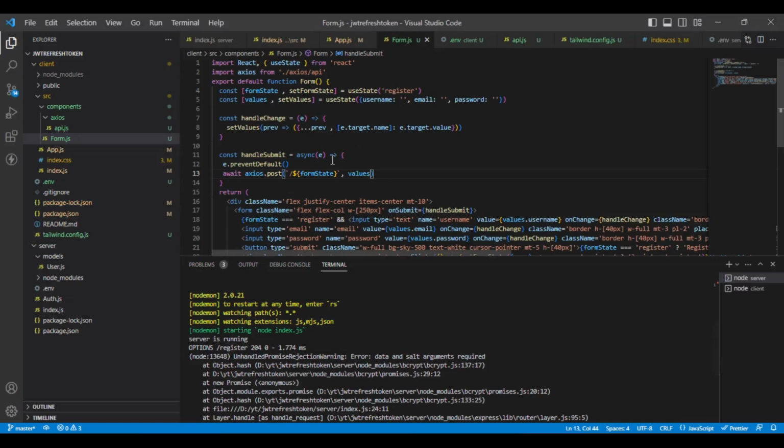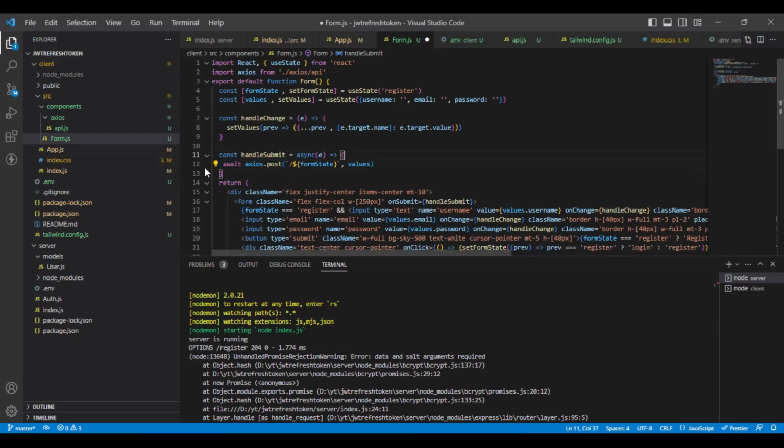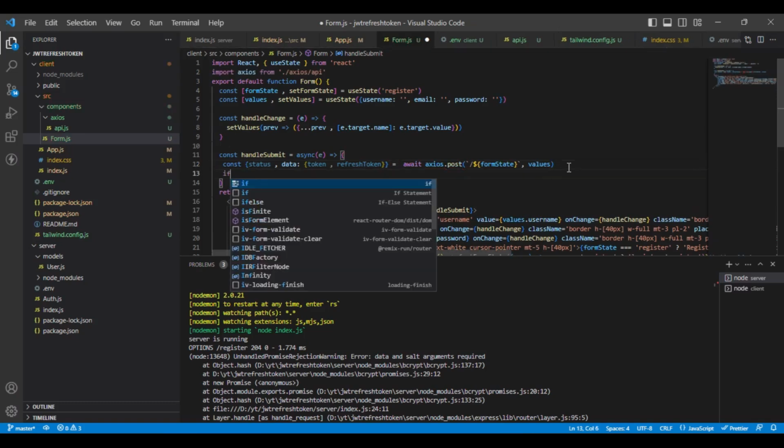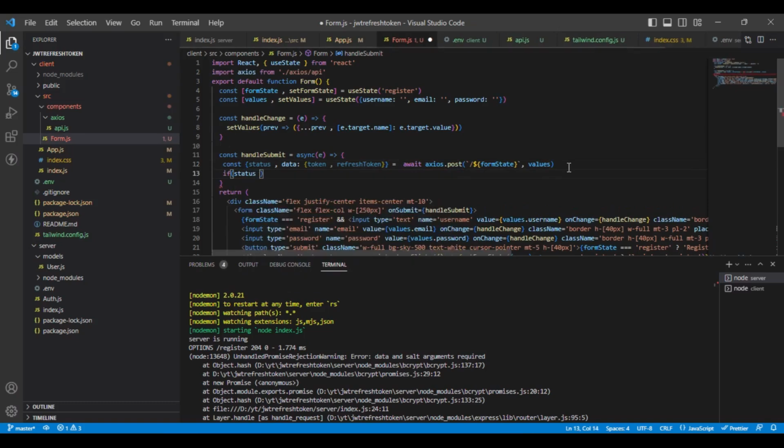So from here I will destructure status, and from data I will destructure two things, token and refresh token. And now if our status equals 200, then